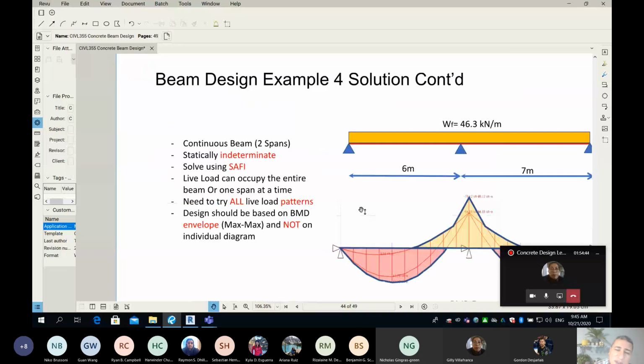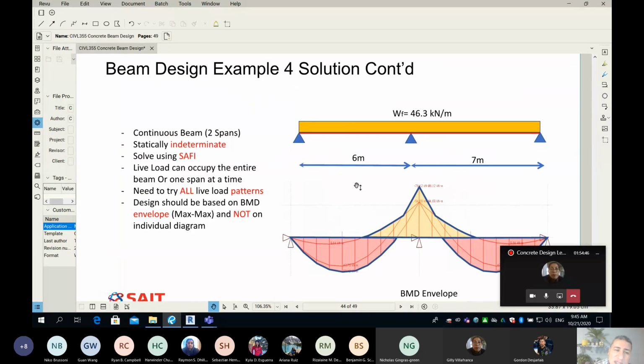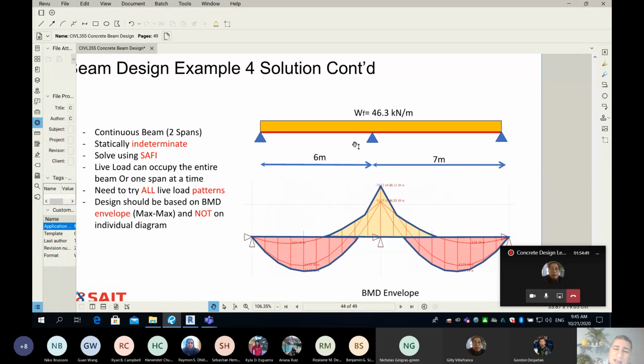So guys, look at this, please. As Jelly said, here is my beam. The beam is a continuous beam, and please, let's agree. I did my best to make it clear, and hopefully it's clear enough. My beam is not simply supported. It is a continuous beam of 2 spans going on 3 columns. And as I said, you cannot do the design while you don't know the moment. Makes sense, huh? We cannot do the design while we don't know the moment. And the moment is, first of all,